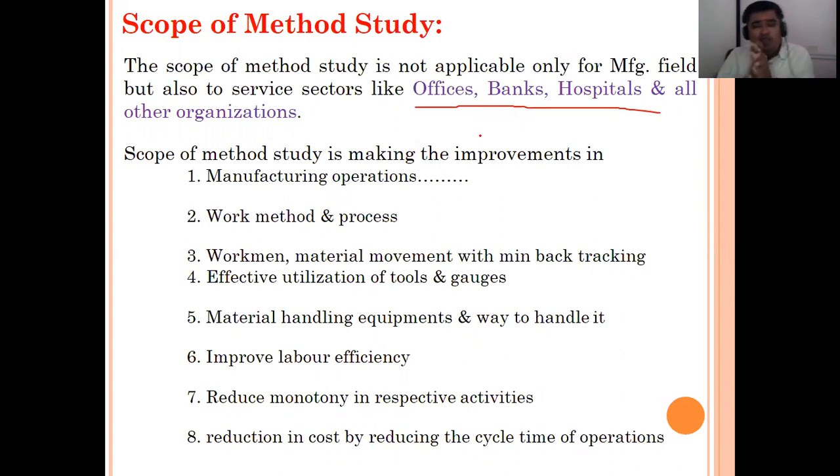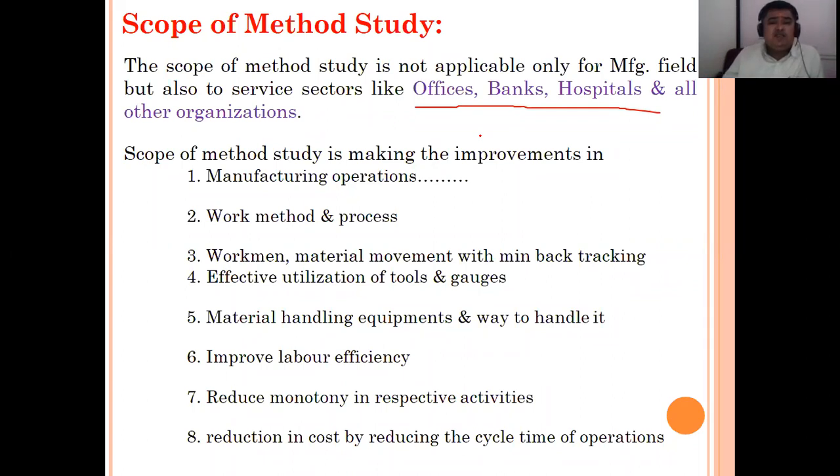So if you look at each and every thing, not only our college, you can check any college, your 11th, 12th college also. You can imagine where the principal cabin is, where the office is, where the class is. So that is what we can call a method study: what to put where in a particular area, in a particular facility. And we have to design it in such a way that it is easily accessible. Is it right? It is easily accessible.